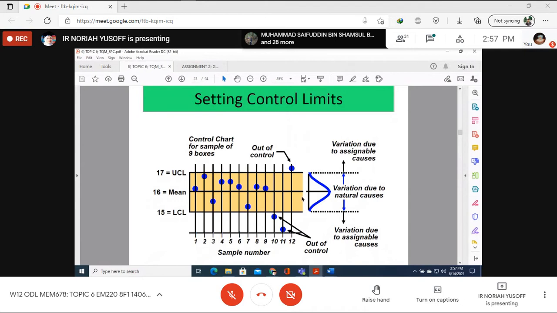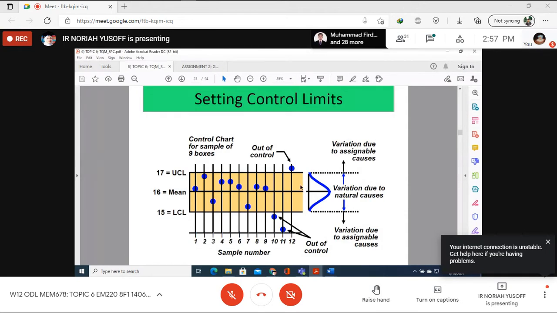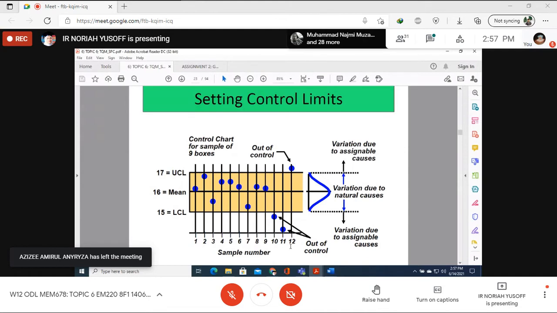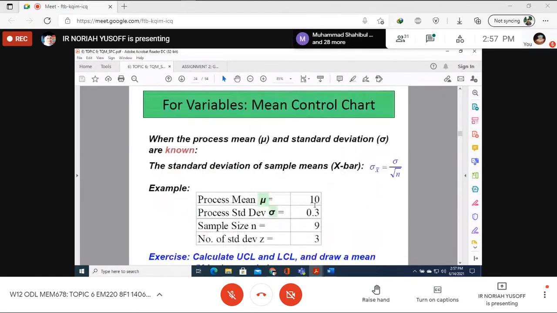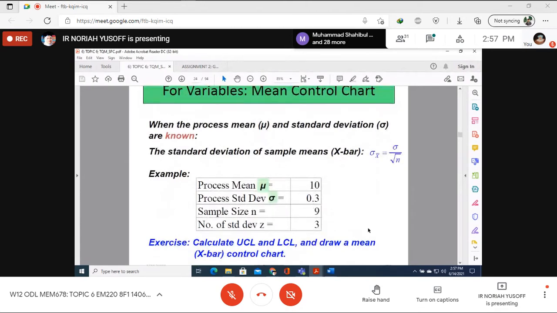That's how you monitor the process. So you don't leave this data on its own, you have to re-evaluate. Whenever you plot this data, you need to come up with a decision on what to do next. Okay, it seems that after 10 hours, the machine tends to run out of control. So they need to stop the next process and then look into the problem. That's how you make the decision. So now,